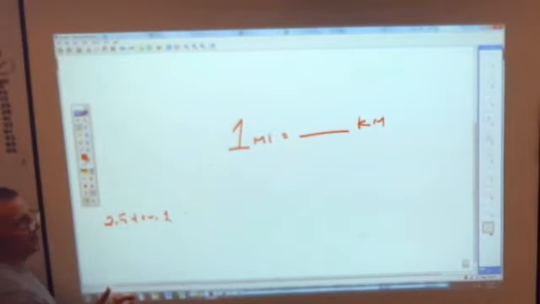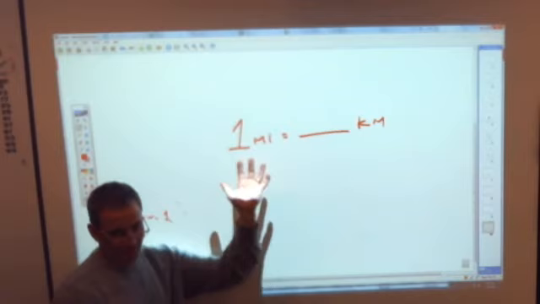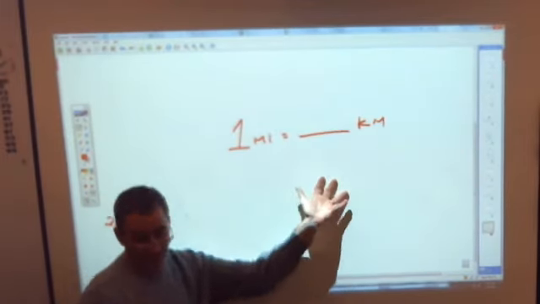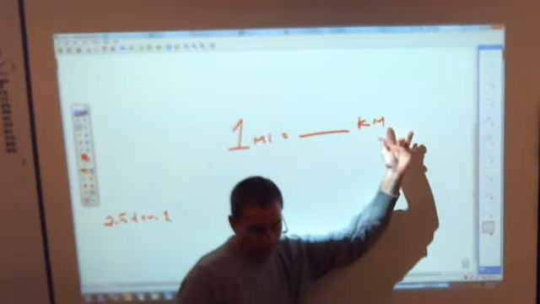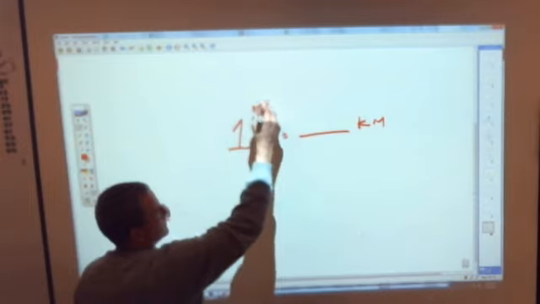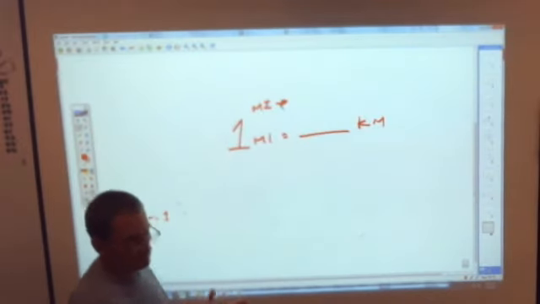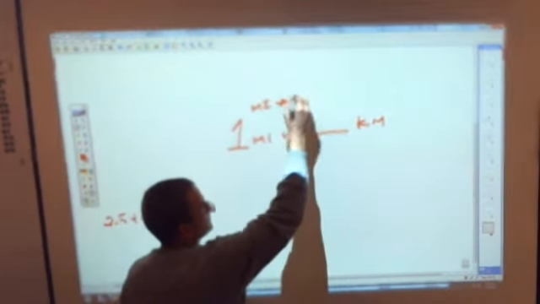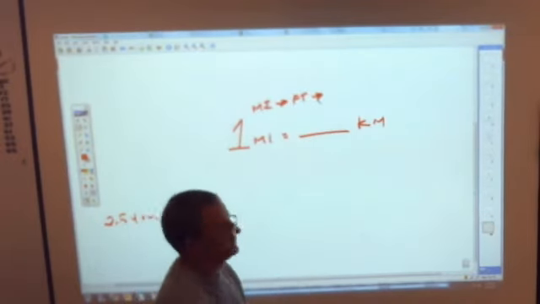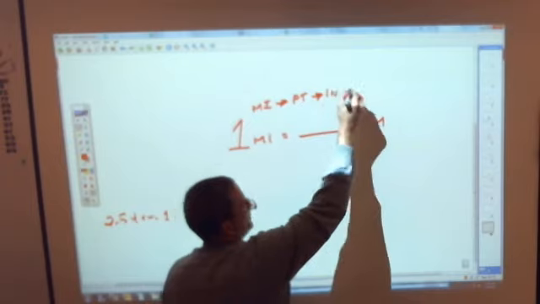So I've got to get a mile down to inches, so I can change it into centimeters, and then I have to get centimeters back up to kilometers. So how would I do that? I'd have to go from miles to what? Do you know how many feet are in a mile? 5,280. Then I'd have to go from feet to inches. Then I'd have to go from inches to